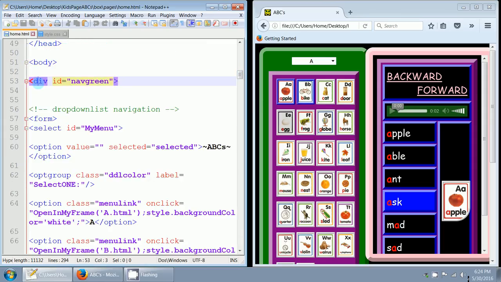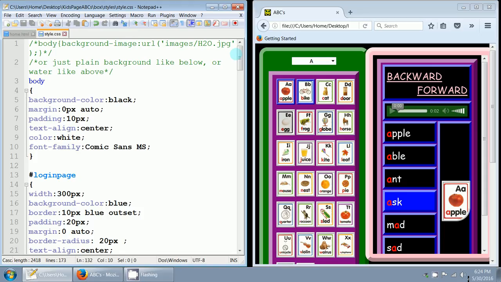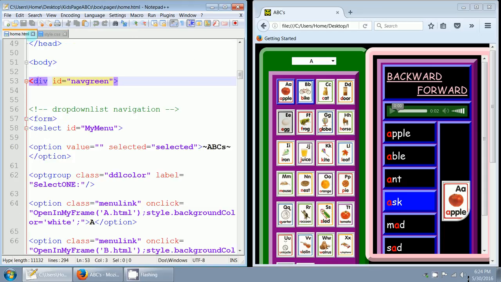Div ID equals nav green. Let's go into the style. And at this point, I think I will make sure that I go through at the very end every single style. I'll go back and forth a little bit, but then at the end I'll make sure that I don't miss anything, because it's easy to miss things when you're not actively running a page that refers to a specific